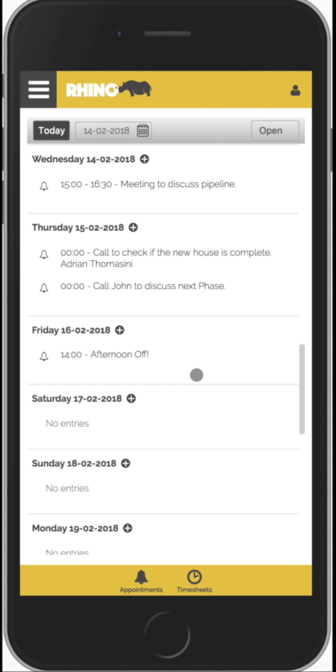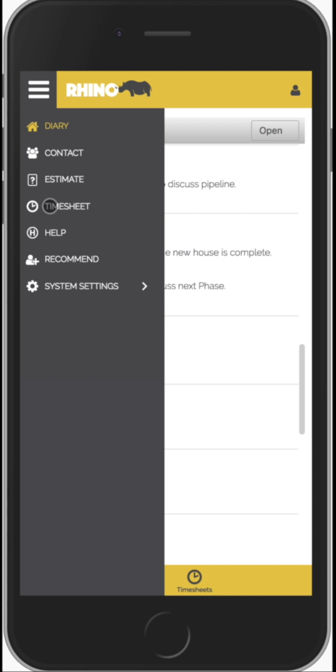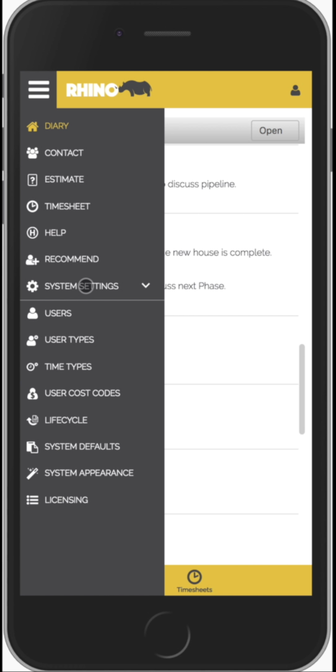In this tutorial we're going to have a look at cost codes and time types. Both of these are linked with timesheet entry. If we go up to the menu, we can see that this particular user type has got timesheet turned on. So if we click on the system settings, we can see that the time types and cost codes are now